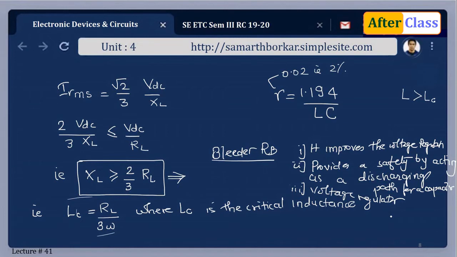What is the meaning of this statement? So when a power supply is switched off, the filter capacitor discharges through it. That is why it is called a bleeder resistor. Fine. So let us take up one small problem based on LC filter, and then we'll start with the concept of pi section filter.